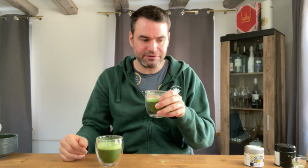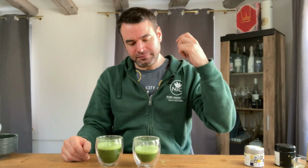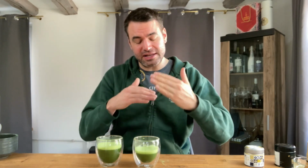I'm a little bit surprised. So I was expecting from the Okumidori to be a little bit rounder, a little bit sweeter, but the Asatsuyu pushes kind of a sweet green note, pretty strong. And I think my interpretation is that here we get a little bit of this shorter shading period. It's not so intense, but it's very beautiful especially when you're going into the later stages of the